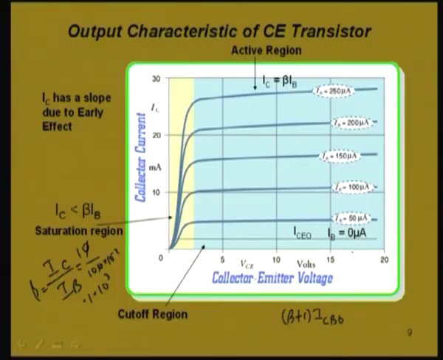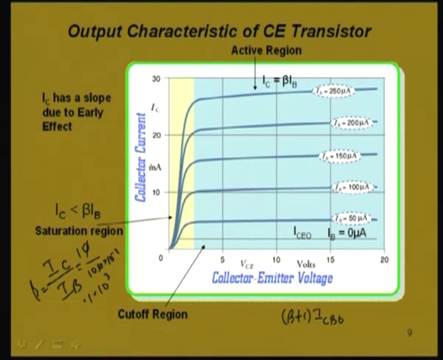and then only the transistor will be switched off. That is why this region below this IB equal to 0, means its input circuit is reverse biased, as well as the output circuit is also reverse biased. That is the region called cutoff region. So, in this region, that means the transistor is switched off. Now, the other region,